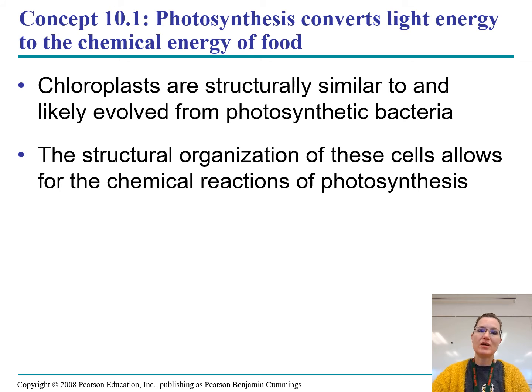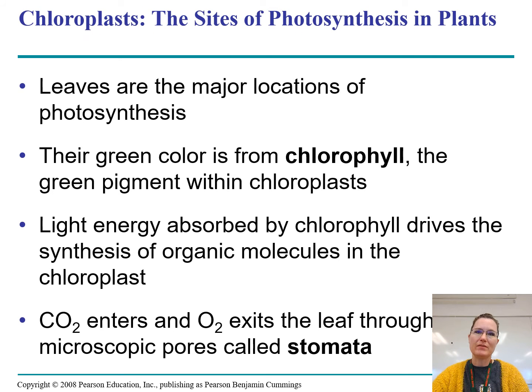This just talks about chloroplasts and how they are made up. We'll have some pictures in a bit. Inside a leaf, like in the summertime, they're green. And inside that leaf, they contain chlorophyll. Chlorophyll is the pigment. Chloroplast is the structure that holds the pigment. And that is the pigment that allows photosynthesis to take place.